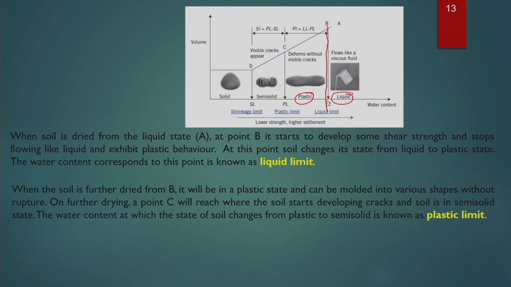So the liquid limit of the soil depends on many factors like its mineralogical composition and its pore fluid chemistry. Generally it depends on its diffuse double layer water as well as adsorbed water. The higher the amount of water, the higher the liquid limit. Depending on the clay minerals also, the liquid limit varies. For example, for sodium montmorillonite, the liquid limit will be around 500 to 600, whereas for kaolinite and illite it will be very less. Generally the liquid limit exists for clayey or silty soil.